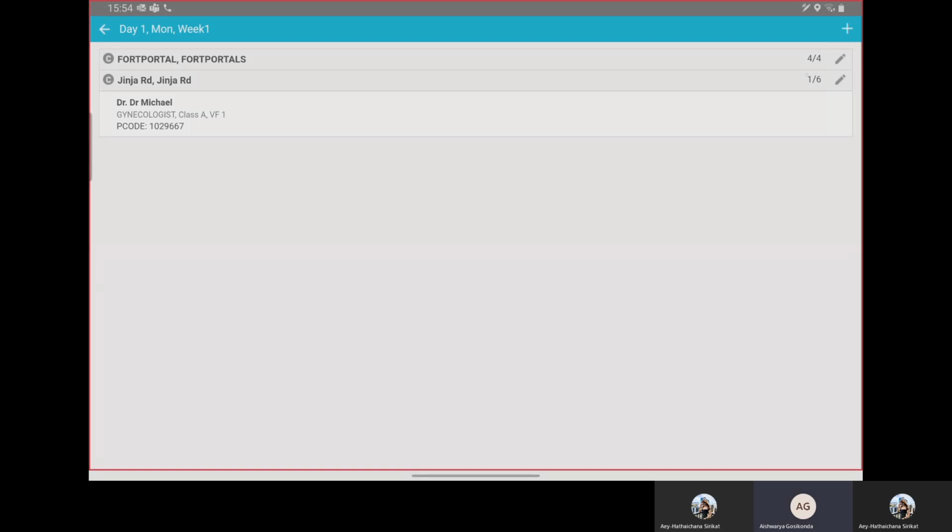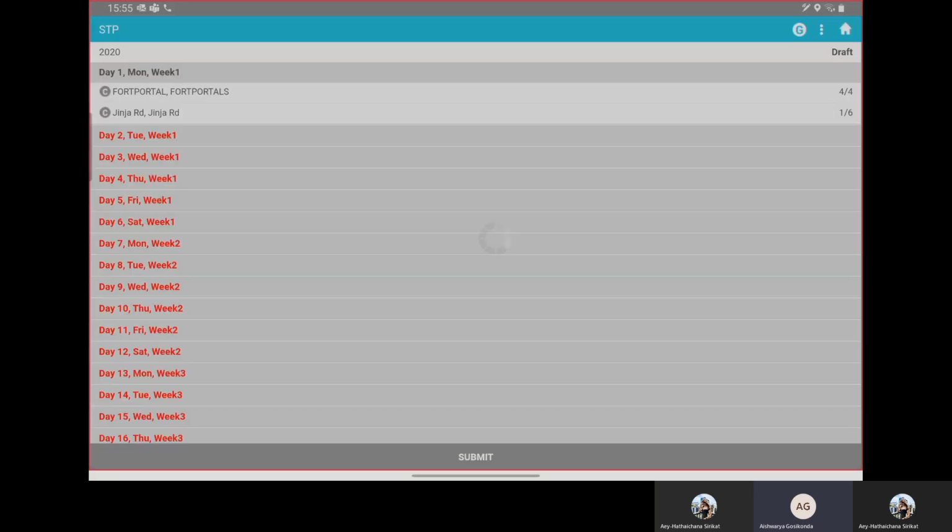I hope things are clear till here now. So this is the significance of these numbers. It just tells you the number of total customers present in that town or location. Can you just click on the backward arrow? Yeah, so this is how we have planned day 1. Now let's plan for day 2.